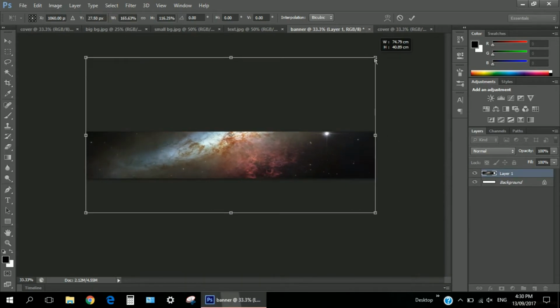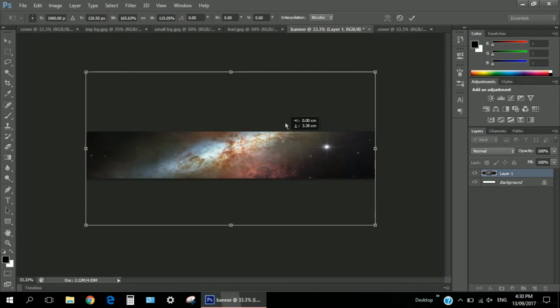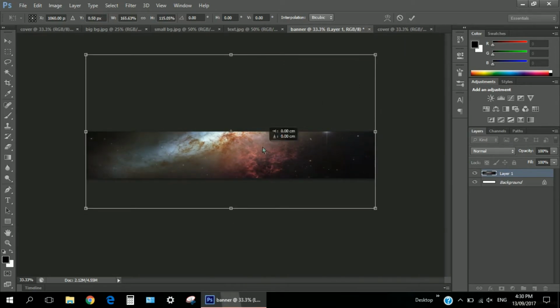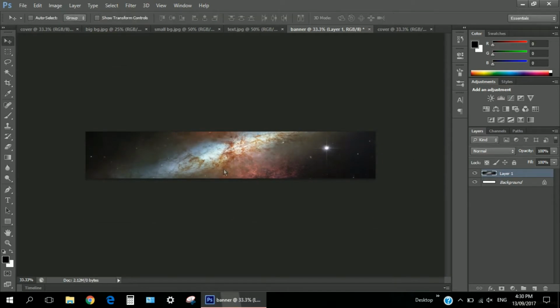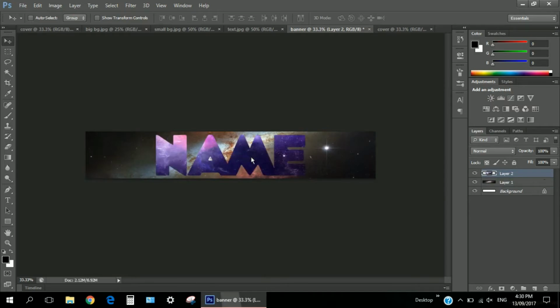Alright, so I'm happy with this now. Might move a bit. Okay, so I'm happy with this. Press enter. Now here's the magic bit. Press Control V, and the name should come up. Alright? And what you want to do is press Control T on the name layer,